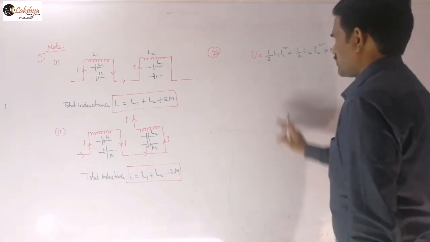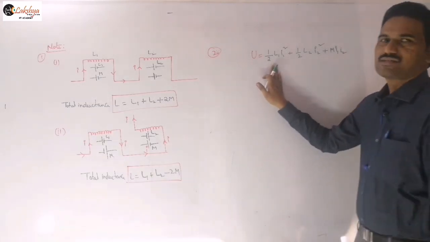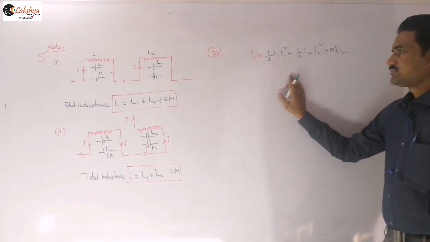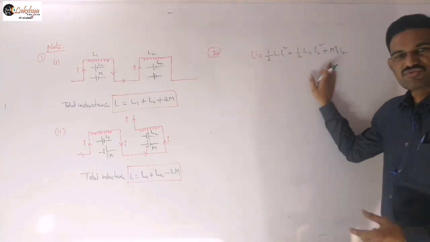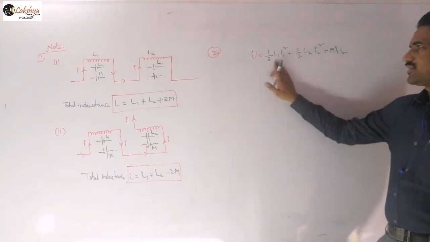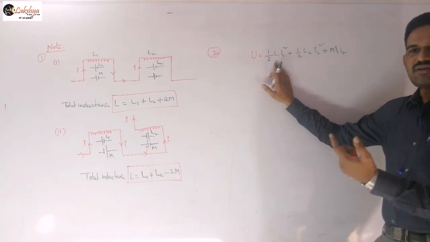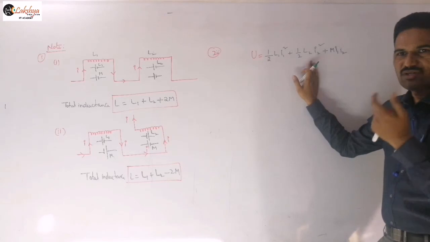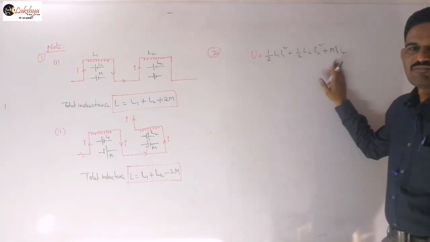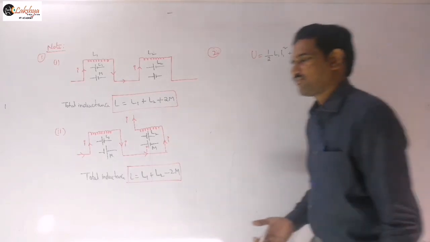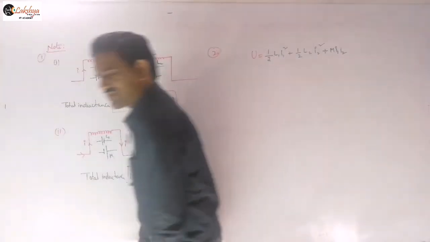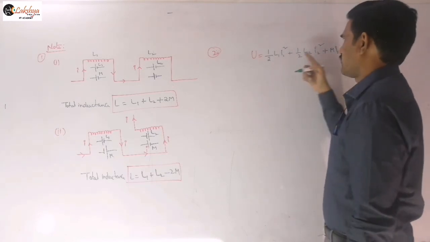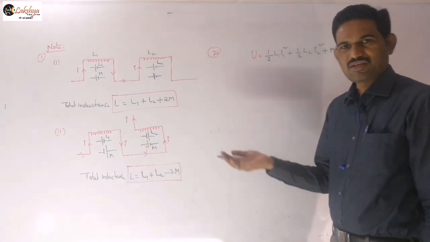Now we know for inductor 1 you can write half L I square formula, and similarly for inductor 2 half L I square formula. And then when mutual inductance is also considered between them, for this mutual inductance we need to write the energy term, and similarly for the other one. So finally that converts into M I1 into I2. If the same current is flowing like our previous case, then you can write I square here and I square here.